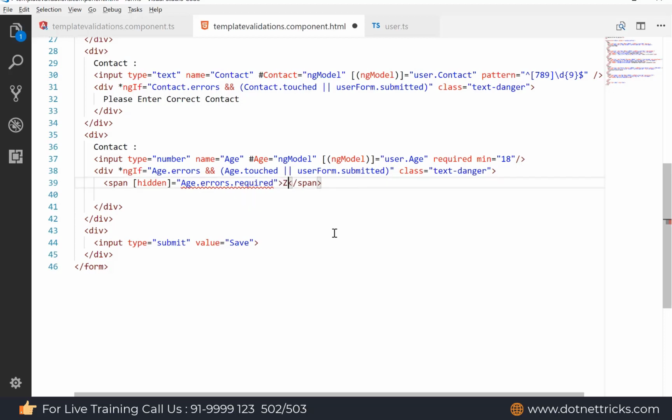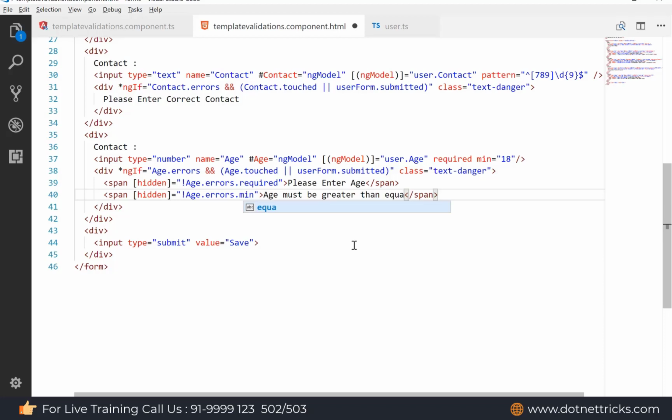So please enter age. And mention a note as well for the min value, like age must be greater than or equal to 18. I can define it like min age must be 18 years.